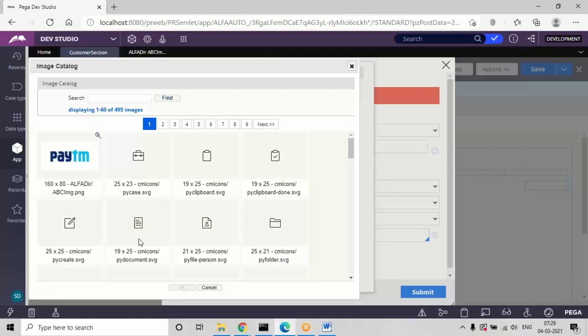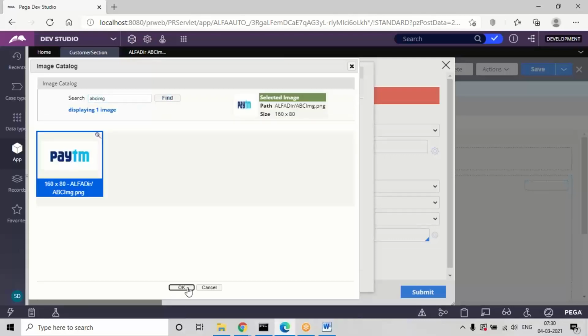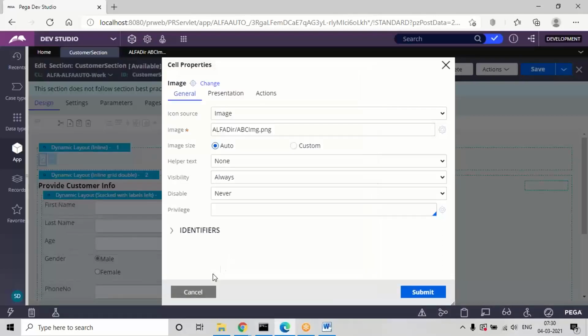So instead of that, if you know the image name, just now we created the image, right? ABCIMG is the image name we have given. If you want to search only your image, directly search with the image name, only that will load. It will not load any other things which are there in the built-in application. Only your image, if you want to display, directly type the name of the image and click on find. So it will only display your one. Click on OK. Okay, selected here. You can see the directory and image name both are updated.